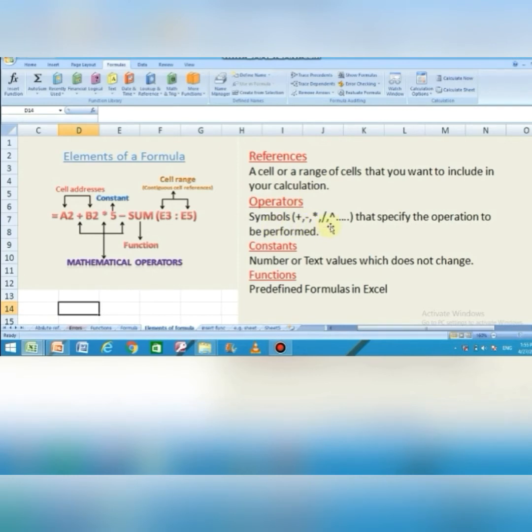Symbol means whatever symbols or operators we are using to do the calculation, plus, minus, multiply, etc. Next one is constant. Constant is the value which we have given to a particular segment and which cannot be changed. And the last one is function, which is predefined formulas in Excel or Calc.